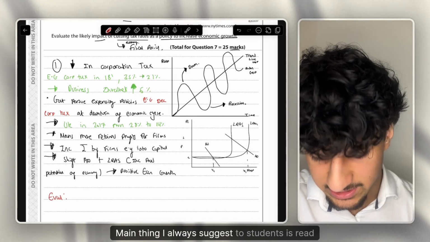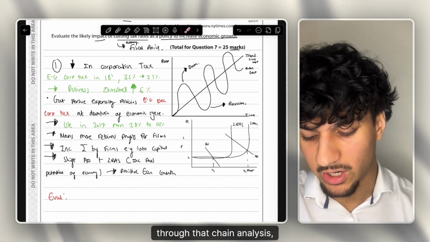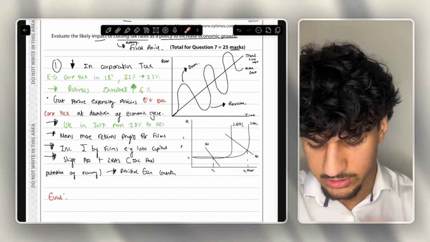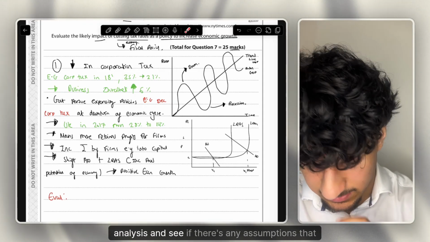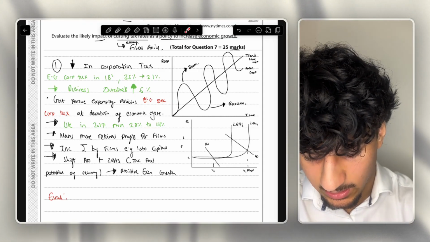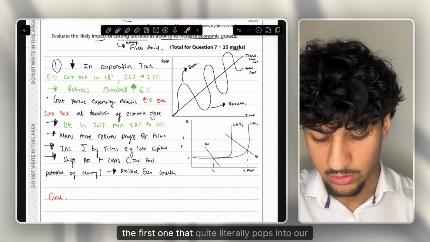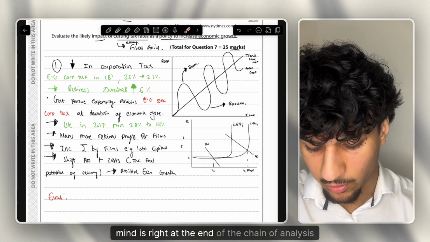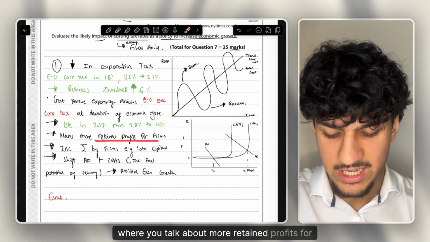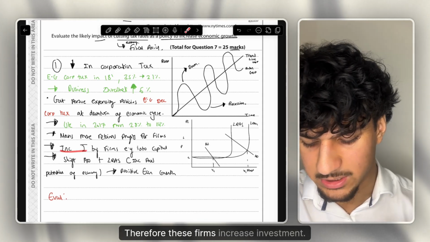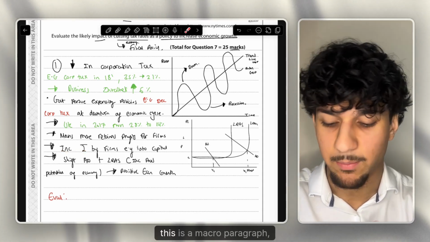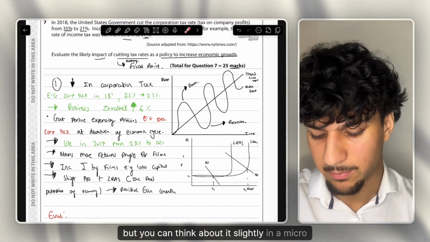The main thing I always suggest to students is read through that chain of analysis, find any assumptions we are making. So let's have a read through this chain of analysis and see if there's any assumptions that we are making. The first one that quite literally pops into our mind is right at the end of the chain of analysis, where we talk about more retained profits for firms, therefore these firms increase investment. And of course, this is a macro paragraph, but you can think about it in a micro sense as well,